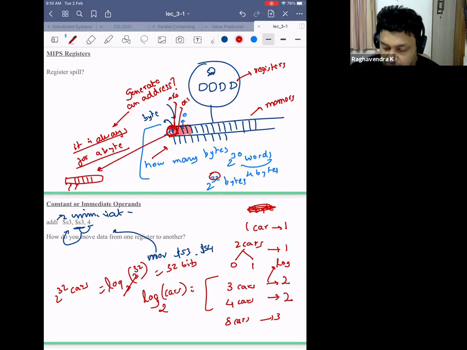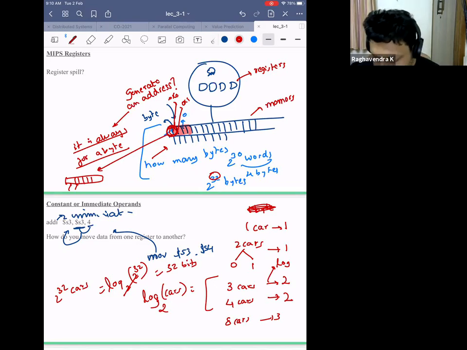So that's why there are 32 bits when I am generating an address, because each byte is addressable. The memory is byte addressable. So even though you can generate an address and load 4 bytes at a time, even though there are bytes which belong to the same word, they have different addresses. Please keep that in mind.